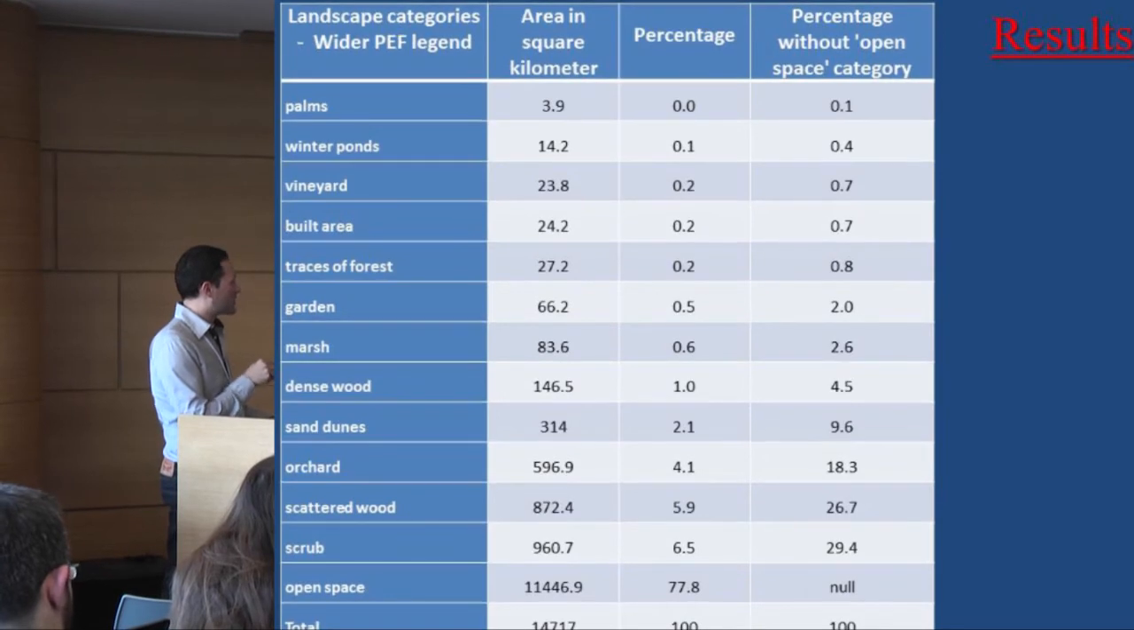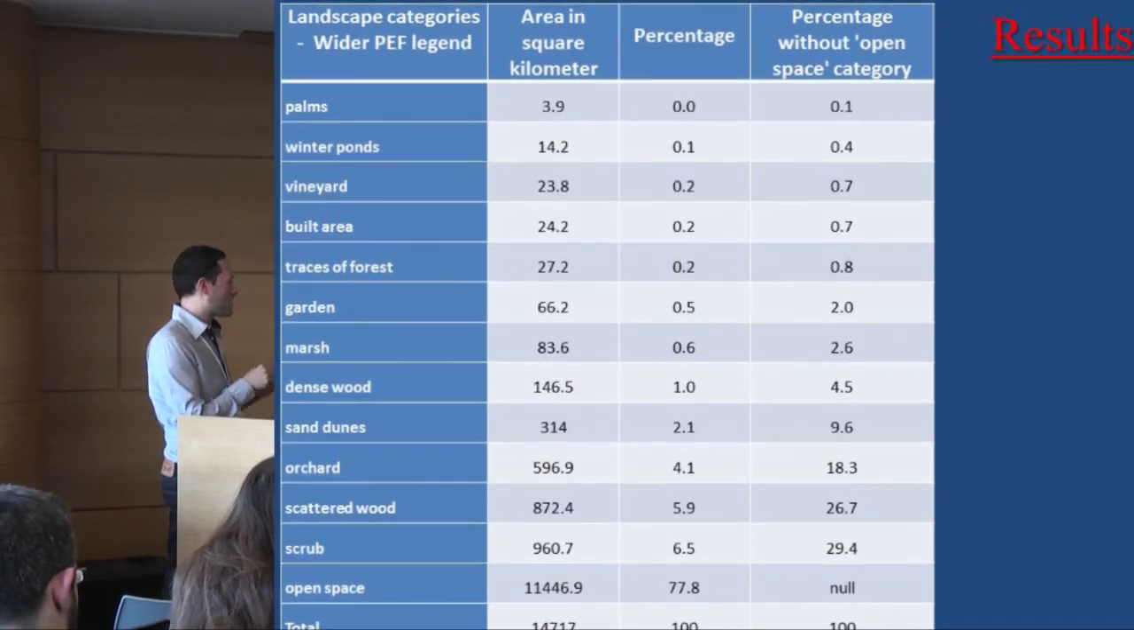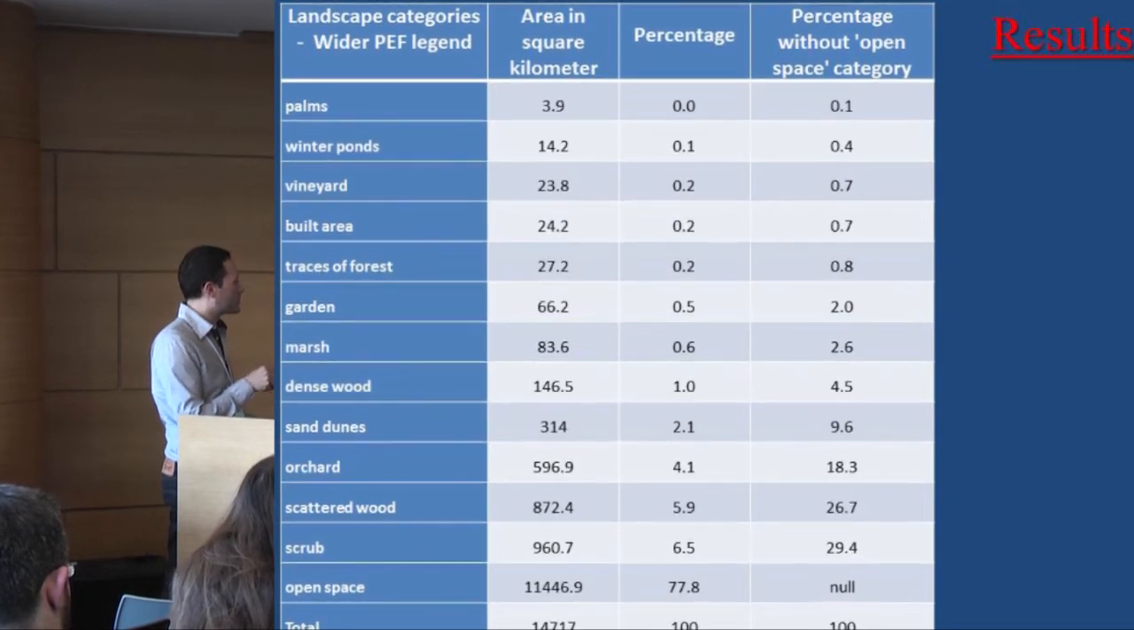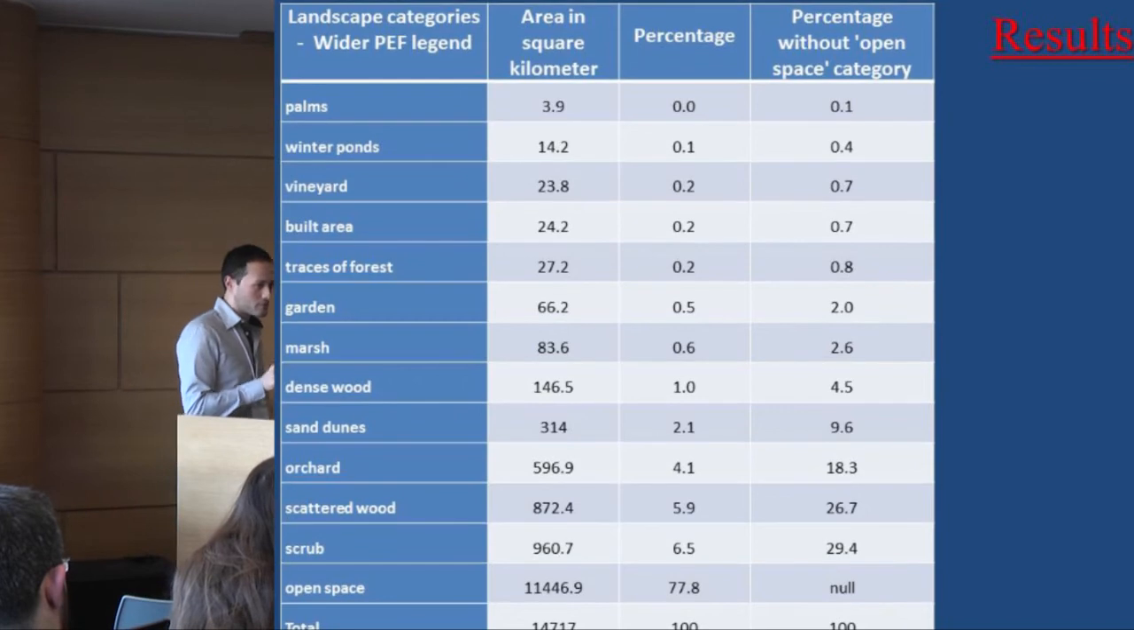So here are the numbers. Here you have some of the landscape features, not all. You have how much they are in square kilometers and percentage. We can see, for example, open space, 78% was open space. It's important to notice that